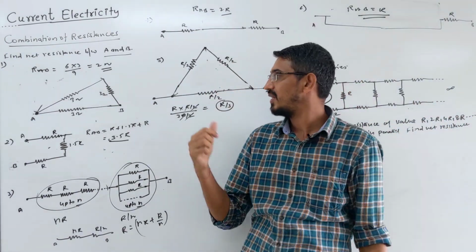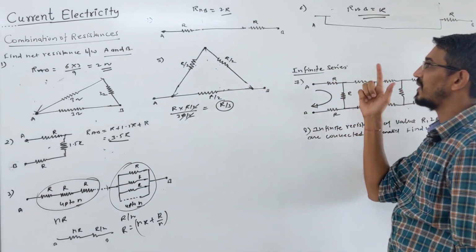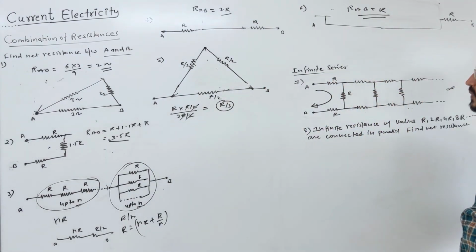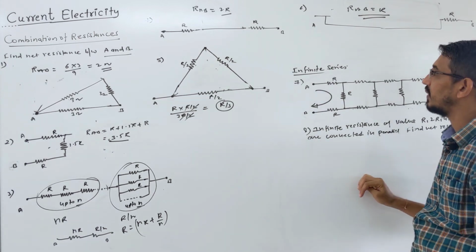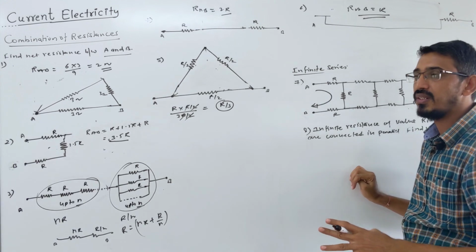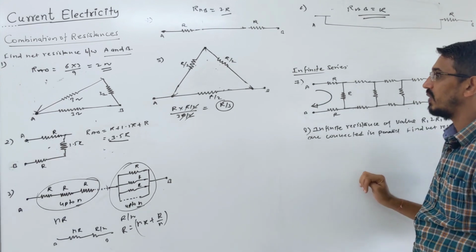It's a little confusing. I'm giving little difficult questions. In the NEET exam they ask even easier than these. Okay. Yes. So I hope you're understanding this. Okay, so now I will do the special questions. So we have 3-4 types of special questions. One is for infinite series questions, then questions based on Wheatstone bridge. Okay, so I'll discuss this.